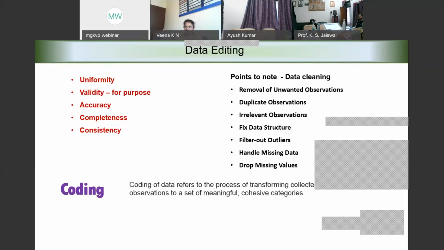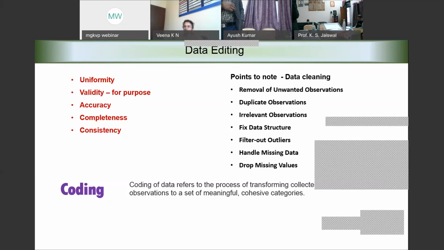And many a times we do this when we do the data analysis. Or sometimes it could be that I asked the open-ended question like, what is your weight? Different people would have given different answers. Some would have given weight in kg, some in pounds, and some other person in some other unit of measurement. One, we look at the uniformity while editing, and also we try to code it. When we code the data, I will classify them into reasonable categories.